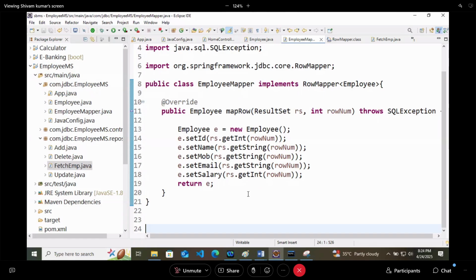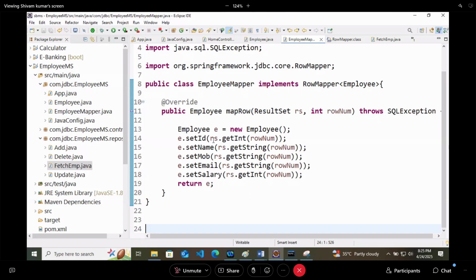How did you work with result set? Yes, we have to give the column names. Whenever you are providing the values, you have to give the column name instead of row number, right?